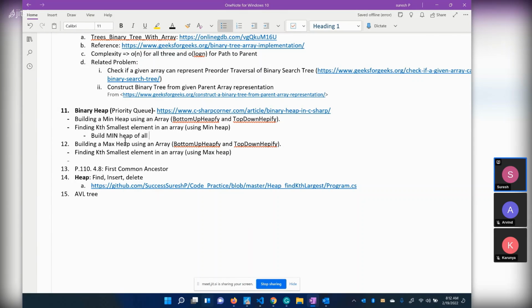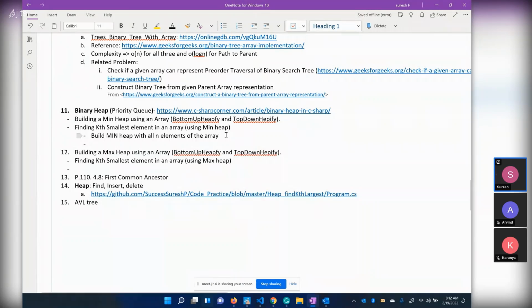First we did this, and we got an array with n elements, right? What we did is we built a min heap with all the n elements of the given array. Next, what we did, we remove